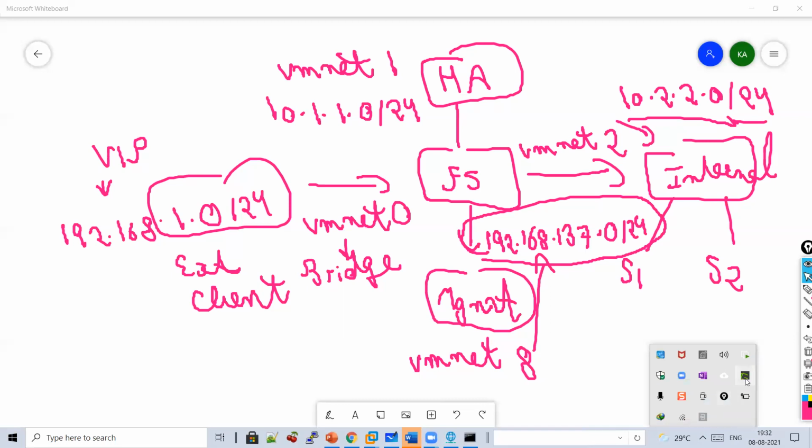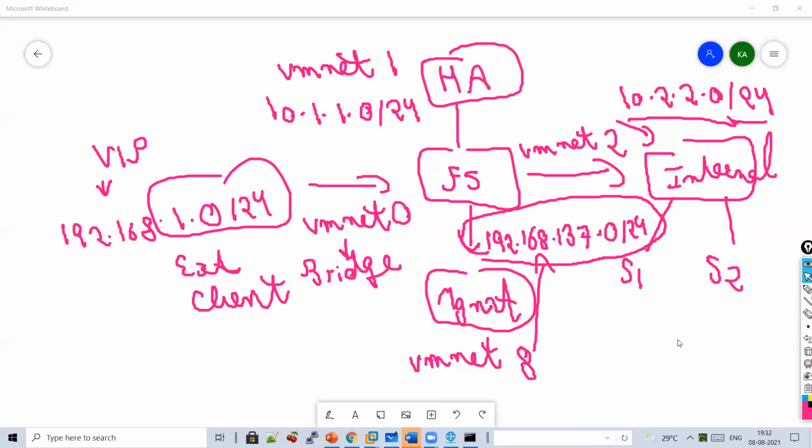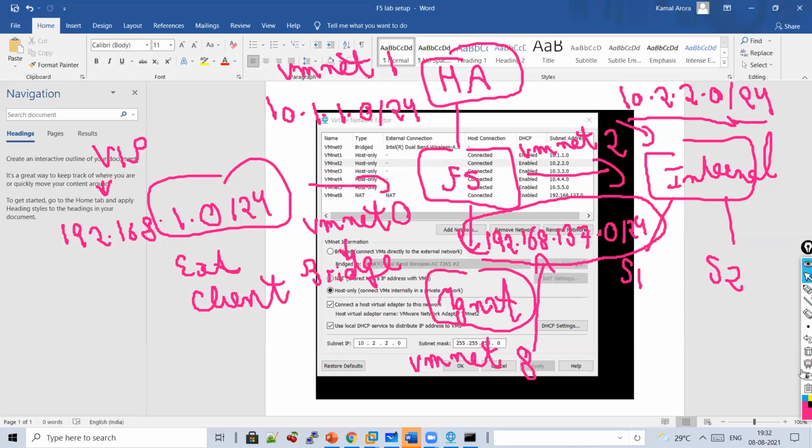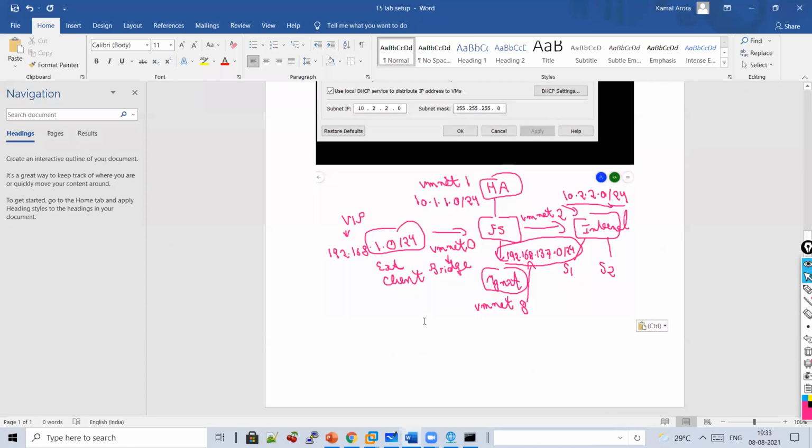So this is how, guys, you can create the initial lab setup. You should know this.